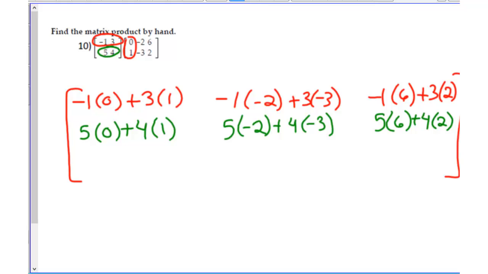And we mentioned in the notes in the video that there's this pattern happening, like here, look how I have 0s and 1s in common, -2s and -3s in common, 6s and 2s in common. The numbers in front, each of these looks like the first matrix, -1, 3, 5, 4. -1, 3, 5, 4, and -1, 3, 5, 4. So now we would actually do multiplication and addition and stuff